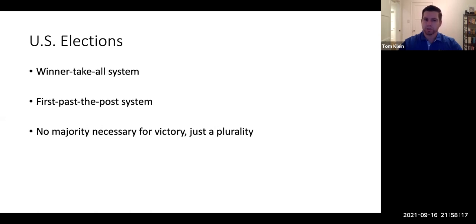Okay, do you need a majority? No, you do not need a majority, I should say, for victory, just a plurality. So let's differentiate between majority and plurality. A majority is over 50%. Any one vote over 50% is a majority, whereas a plurality is, as I said before, simply the most votes. So if you won an election with a majority, you would have gotten at least one vote over 50%. If you win with a plurality, you could win with 30%, 35%, 20%, as long as you have the most votes. That's the difference between majority and plurality.